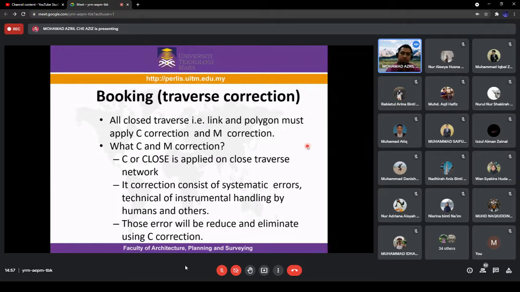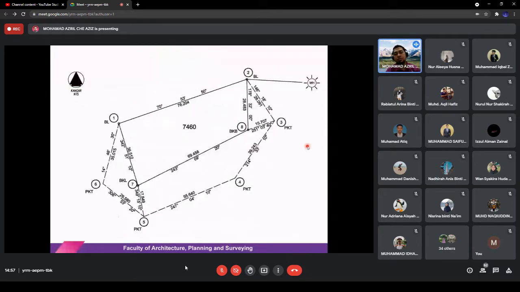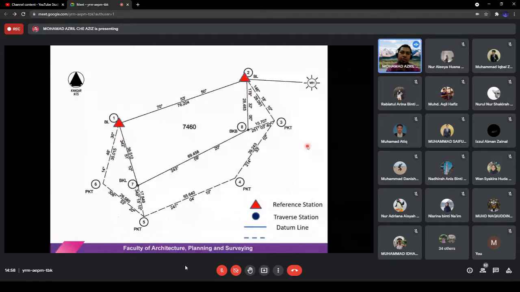So you look to this diagram. This diagram is actually the same diagram as you learned in chapter 4, but you will see the value that you need to apply for each line. For example, you start the observation with this value. But in the phase of your datum line, you will write it down as datum 2 to 1, with the value